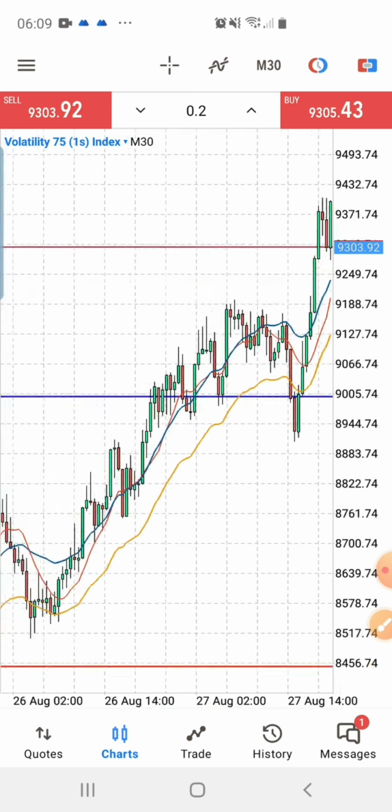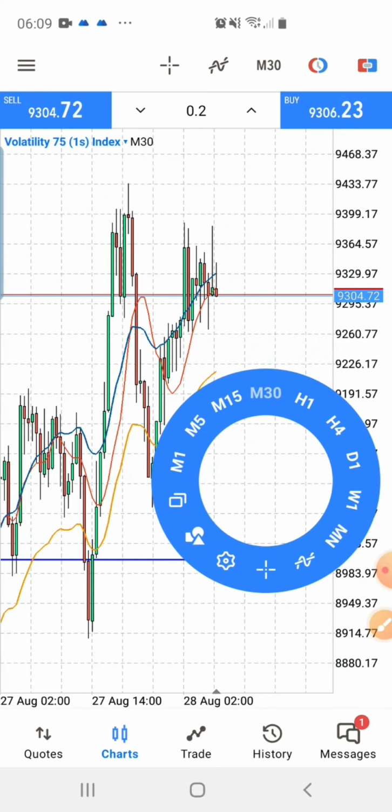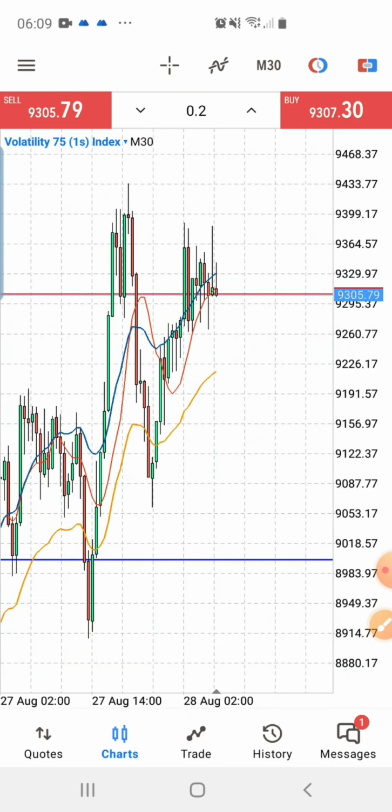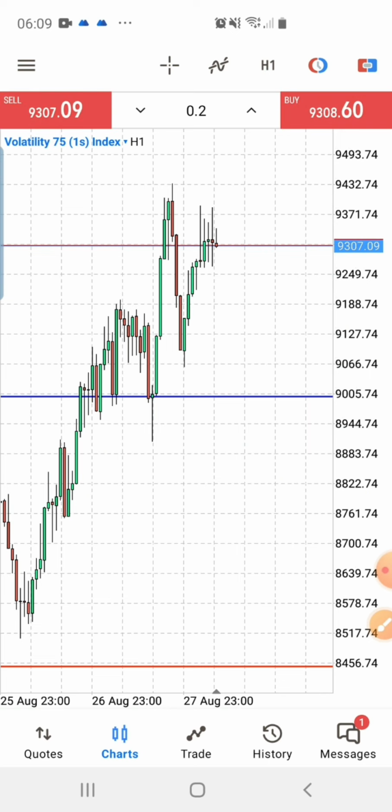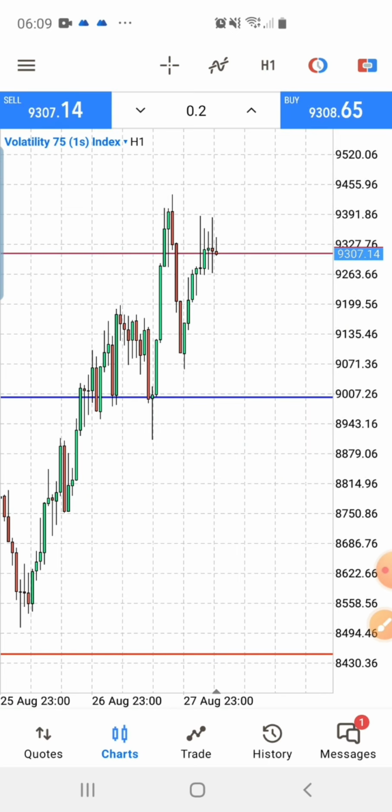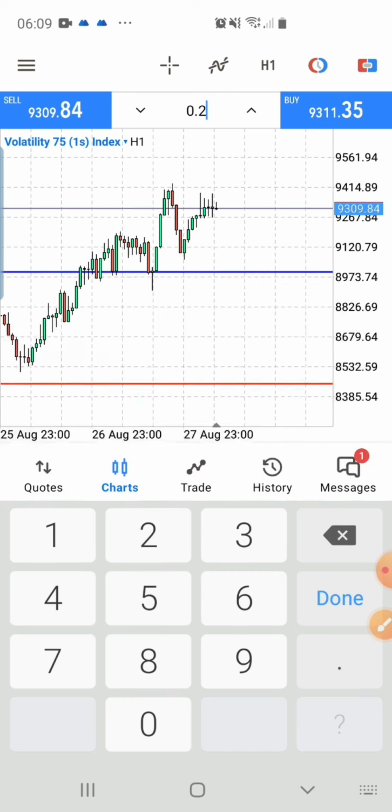Though we are having kind of a double top right there, everything I'm going to be doing, if I want to do anything on this particular pair, is going to be buying, nothing else. I'm not going to be selling for no reason. I'm not going to be selling right now. So let's say I want to